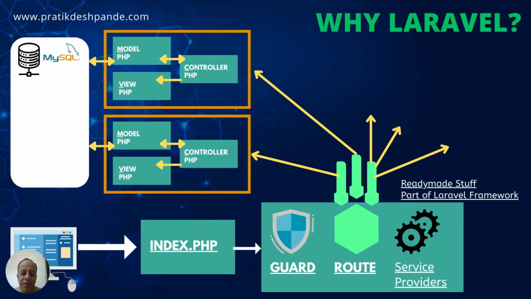So one particular task is actually divided into three files, and this becomes very easy for large scale applications where there are thousands of lines of code, if you want to understand. So that becomes really easy when you write your code in this fashion, which is MVC, model view controller architecture. At this point of time, I don't expect you to understand fully what MVC is, but soon we will be starting installation and then start writing our own project code. So at that time you will have a clear idea about how this MVC functions, and why and how the MVC